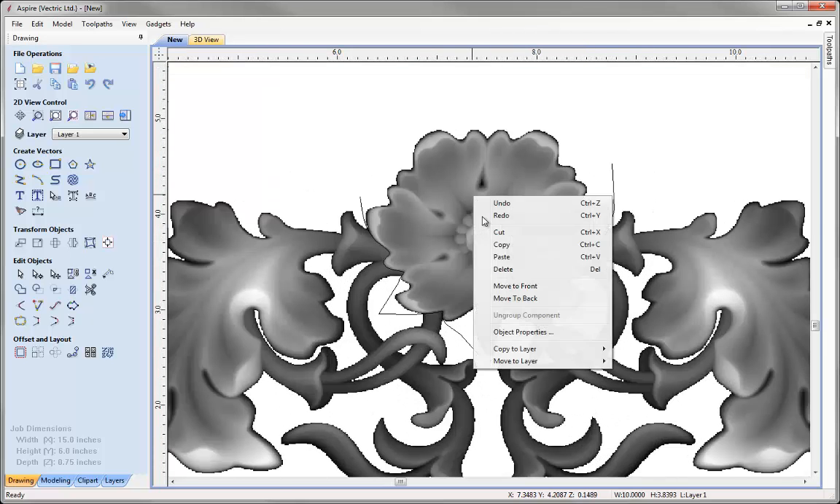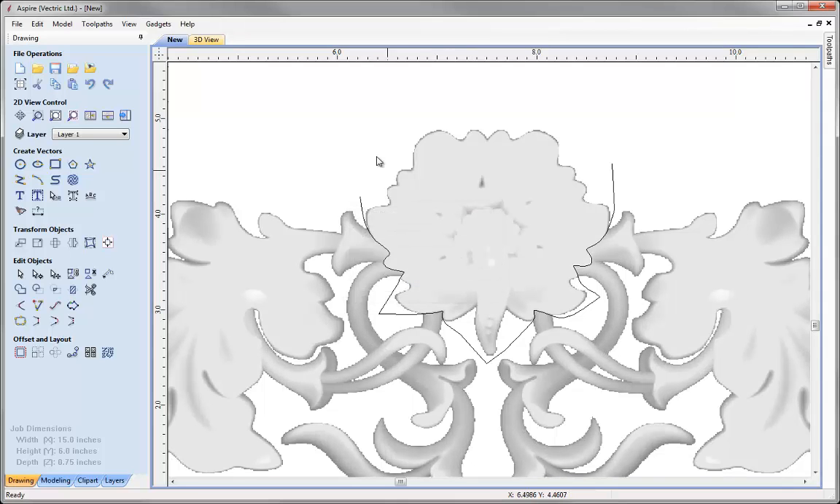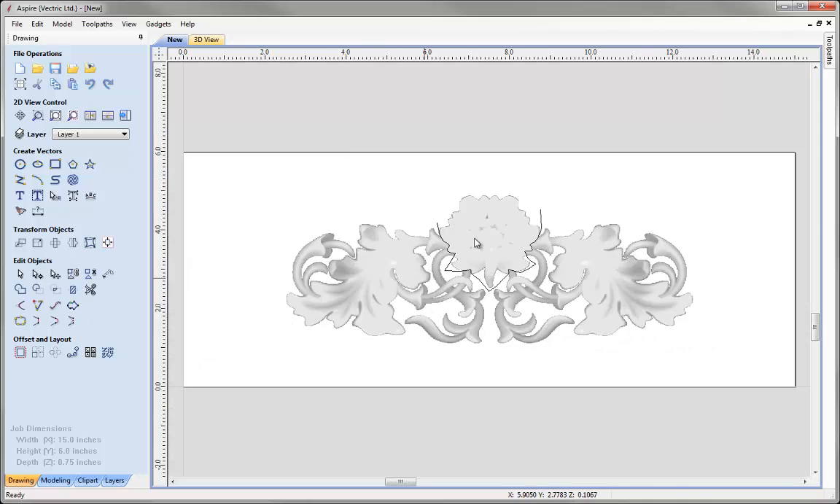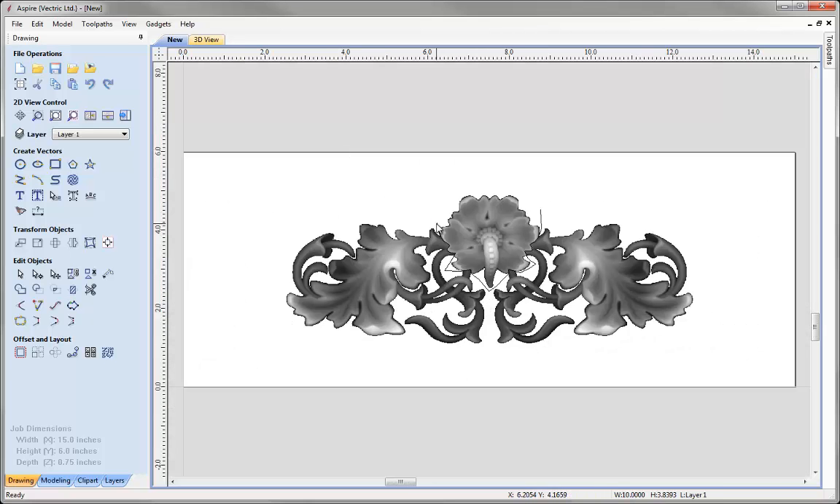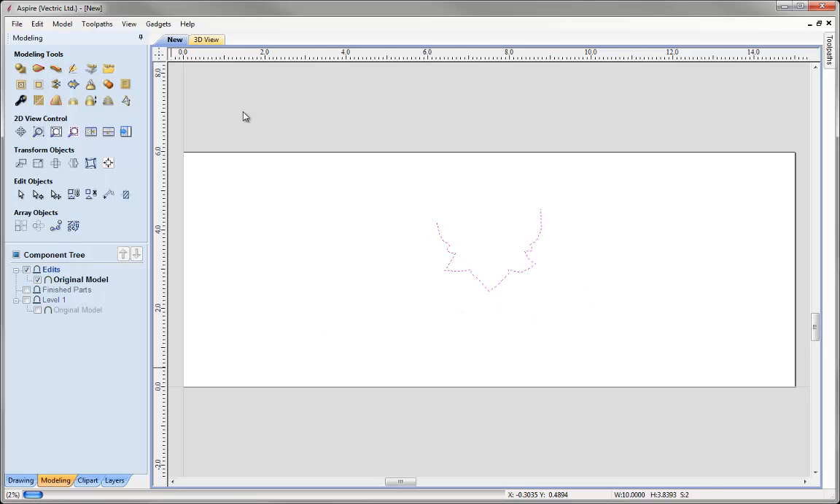Maybe I want to right mouse click and just reduce the fade again, so that's a little bit more clear of where that's going to trim. As I say, I'm only worried about where it joins another part of the model. Now I can select that, shift and select the line. If we go to the modeling tab, I'm going to choose the option here to split the selected component using the vector. So component first, split line second, click on that icon,